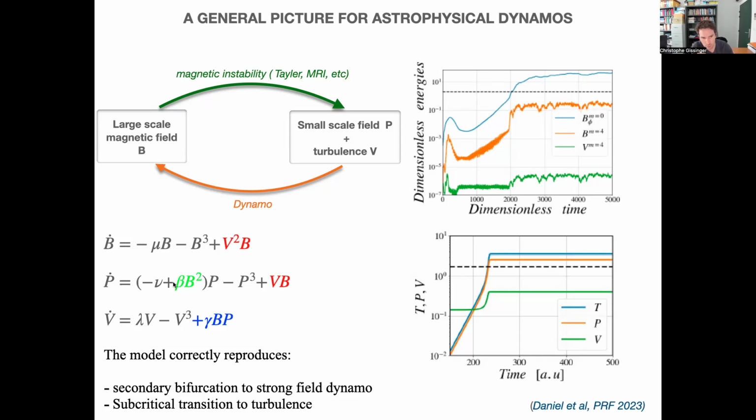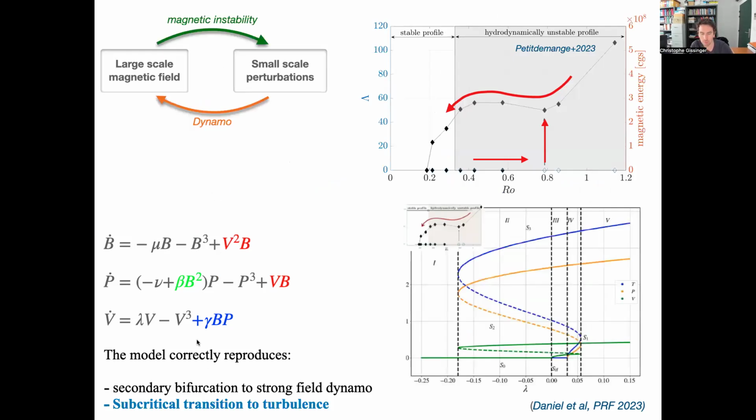For example, you can constrain the parameter by fitting your DNS with the model. Once you have done that, you have the values which are fixed for these parameters. And then you can study the prediction of this model. For example, we obtained that this model is predicting that the occurrence of turbulence through this cycle has to be subcritical. Okay, that's the main outcome from this data. And that's my second conclusion for this talk. If turbulence in accretion disk is generated by some cycle like that, the symmetry of the system are mostly, I think,